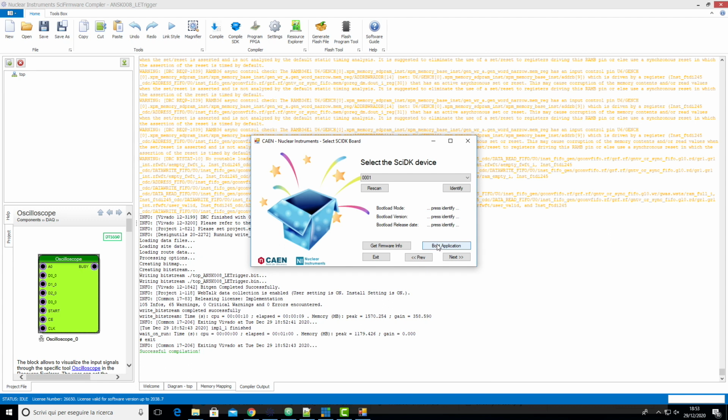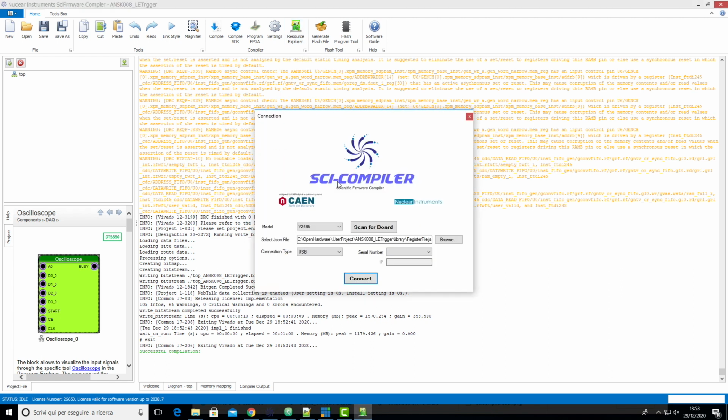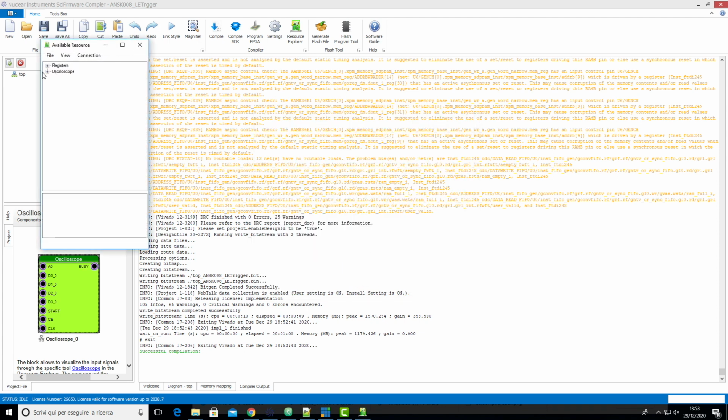Press boot to start the application. The LED now is fixed, not blinking. Open the Resource Explorer, select the board, CDK, connect, and we have the oscilloscope and the registers.